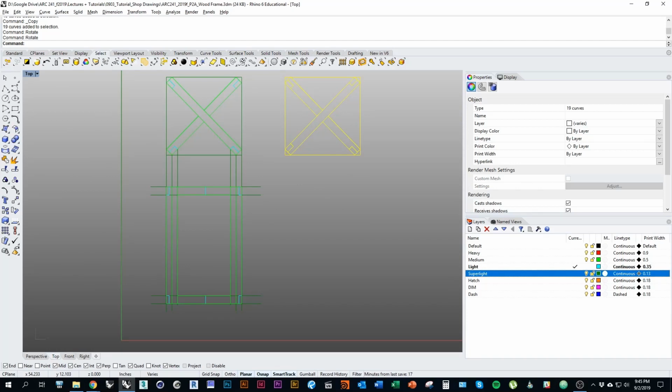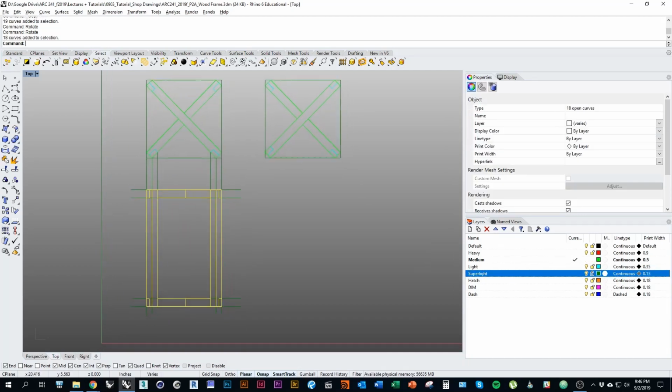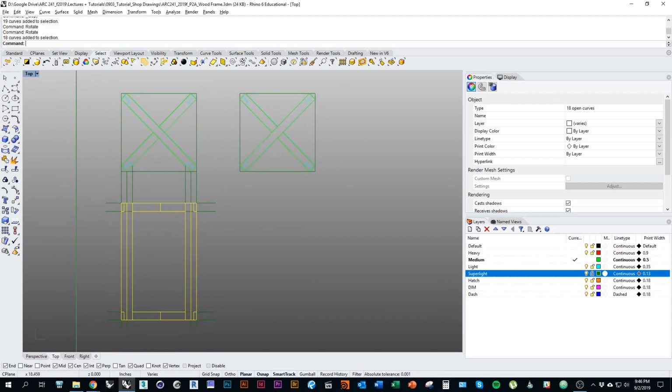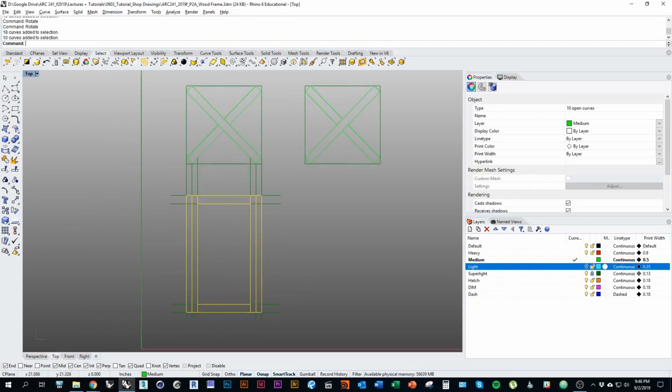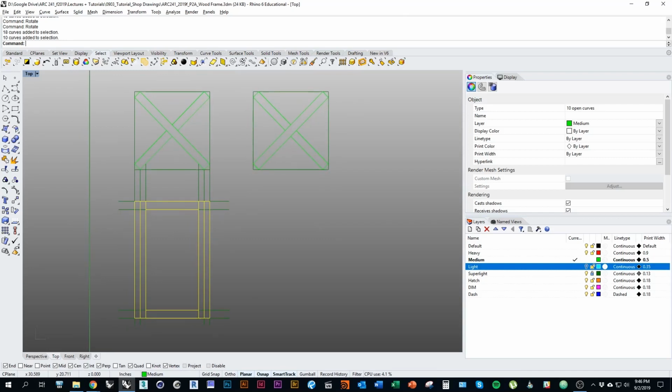I'm going to go ahead and go back to medium. I'm also going to go ahead and lock my light layer. And then I'm going to go ahead and copy this whole drawing. Oh, I'm sorry, I will uncheck the light, or unpreview the light layer. And I want to copy all the green lines because those are our base lines. Okay, so I'll type in copy,